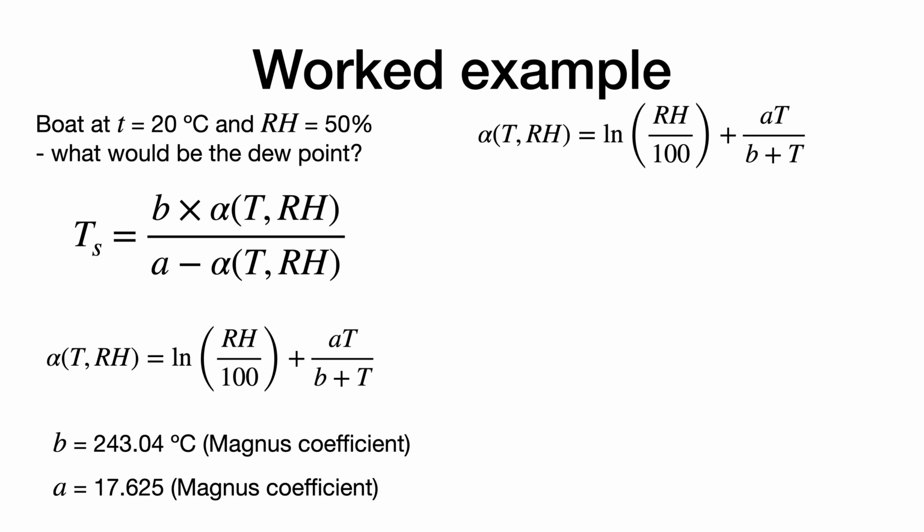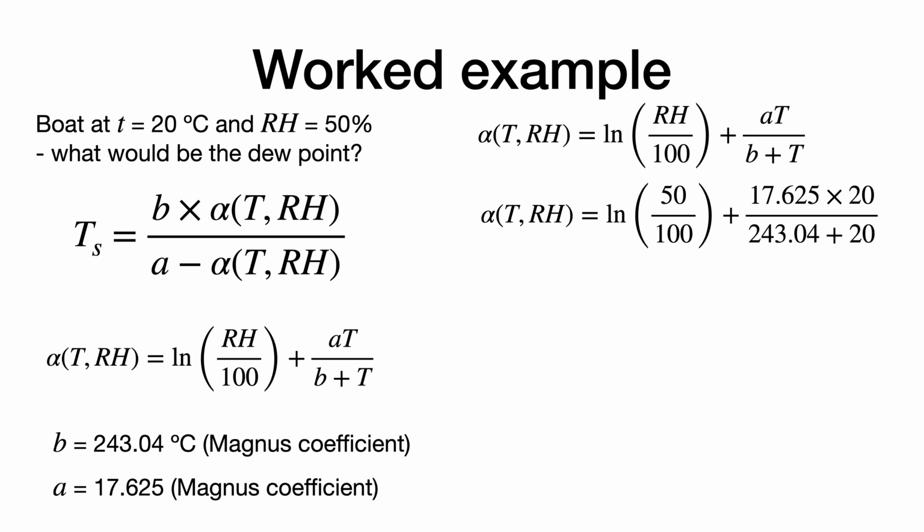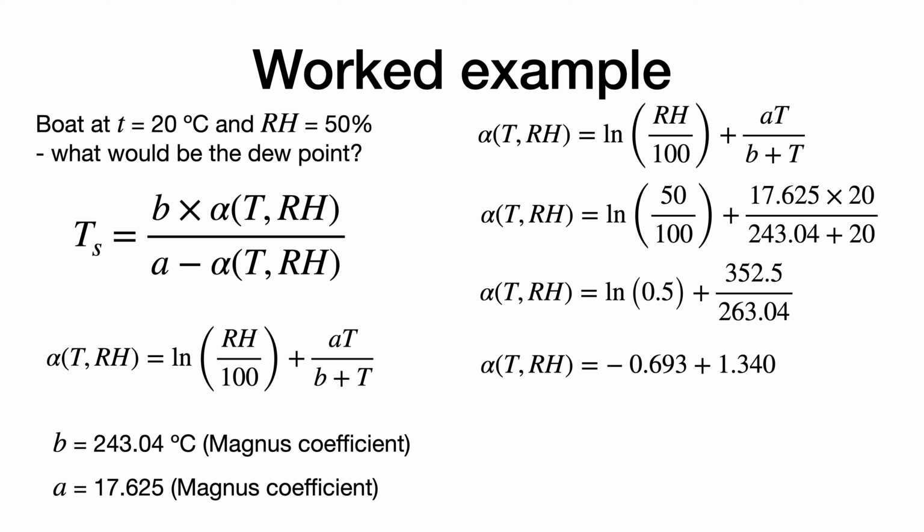We start putting in the values, and what we get is that the alpha T comma RH is equal to the natural log of 50, the relative humidity divided by 100, plus 17.625 times 20 divided by 243.04 plus 20. And then if we just work through the maths on that, what we come out with is that the alpha TRH is equal to